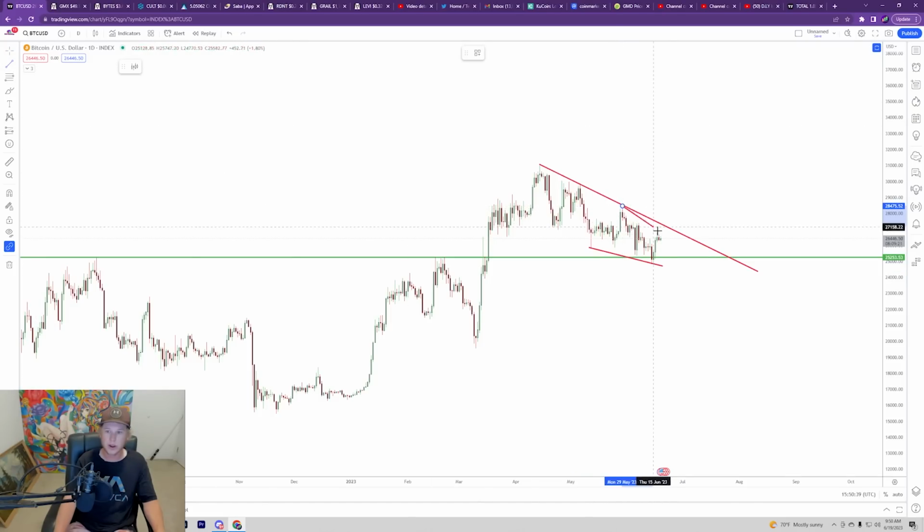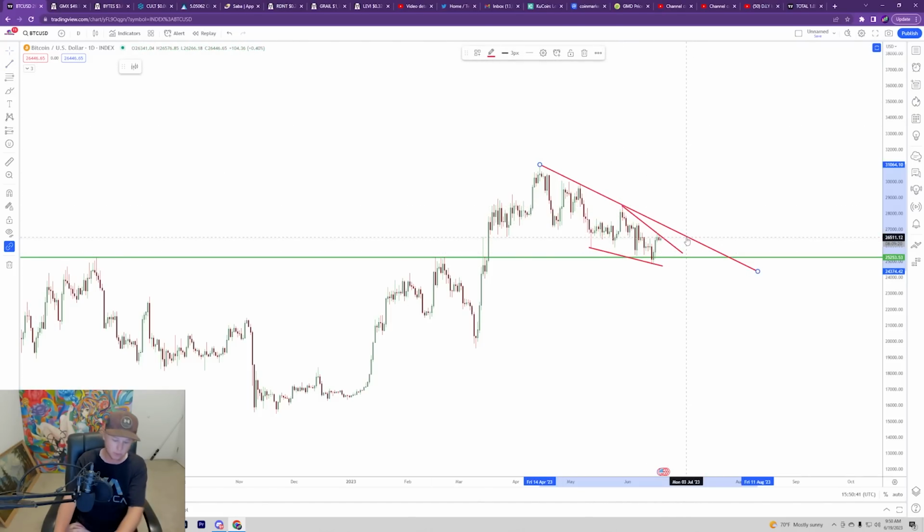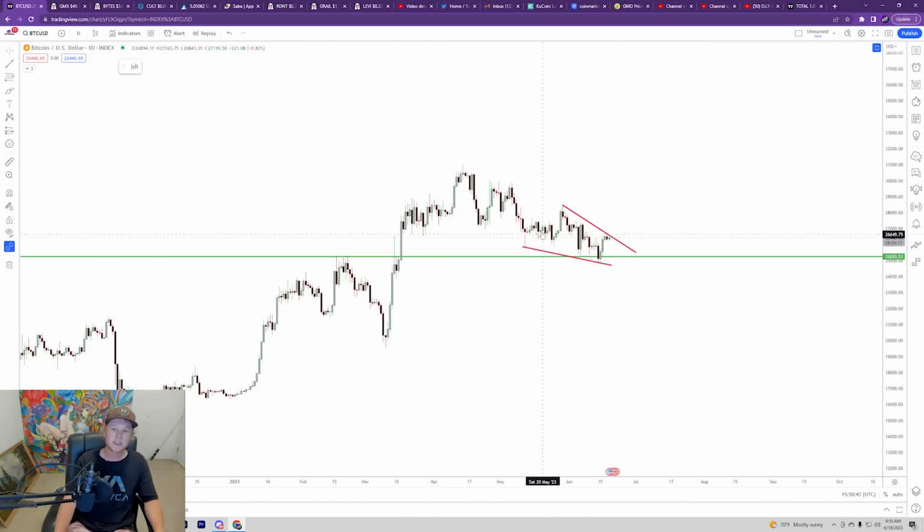and we are kind of building this little wedge right in here, at least in the short term. We're going to move this first descending resistance. This little wedge in here has had all of these lower lows in the price, right? Every one of these attempts at this 25K level ultimately is producing smaller and smaller bounces. Now, with us getting tighter and tighter onto 25K, and with us now hugging this descending resistance again, I think